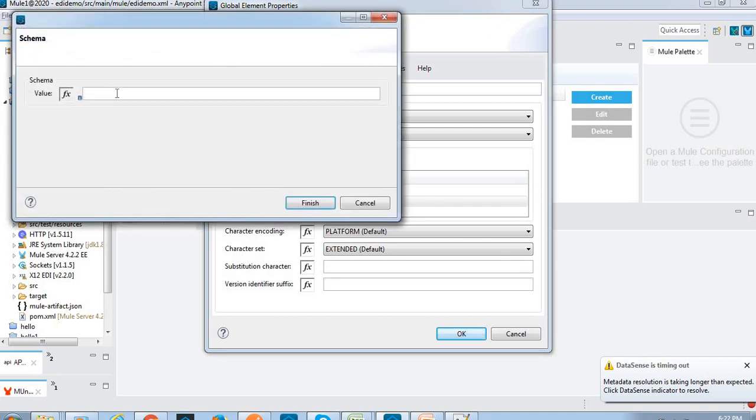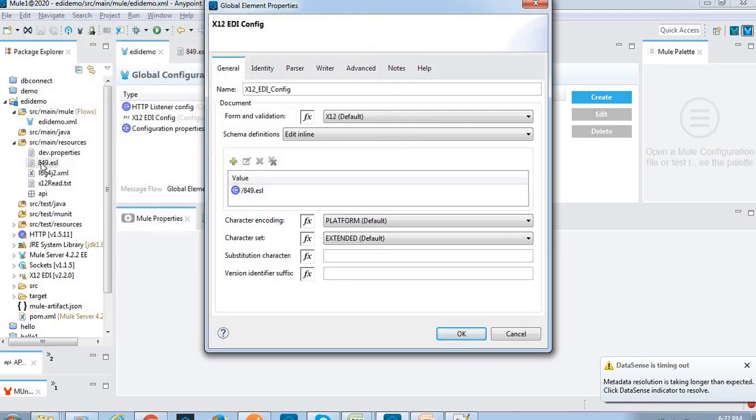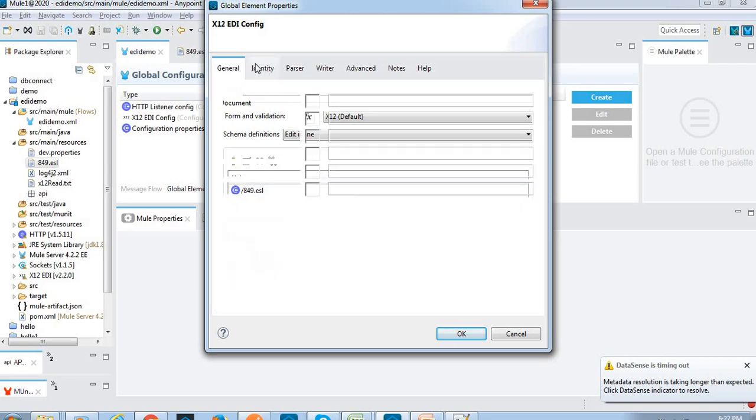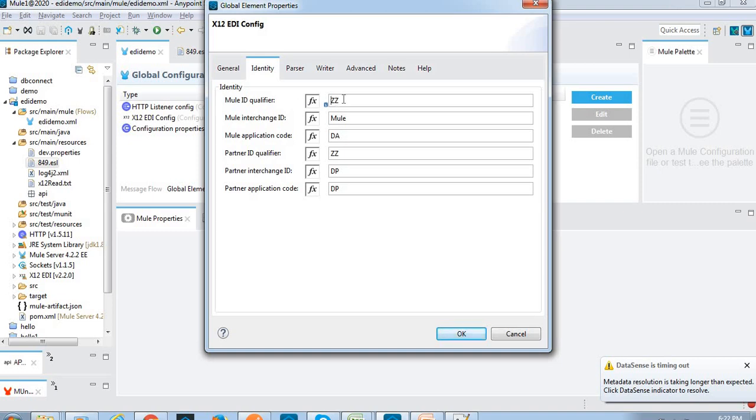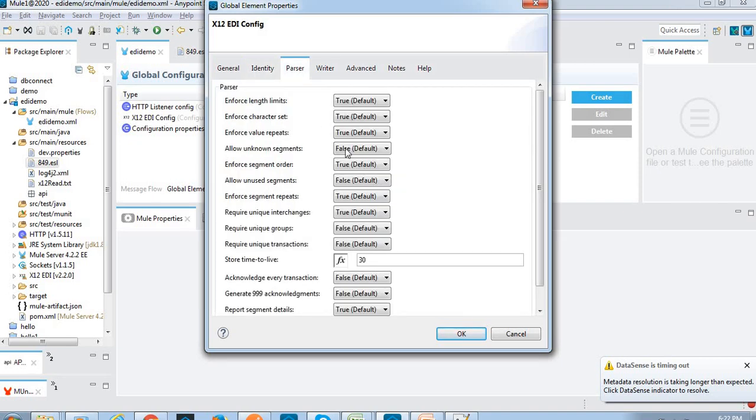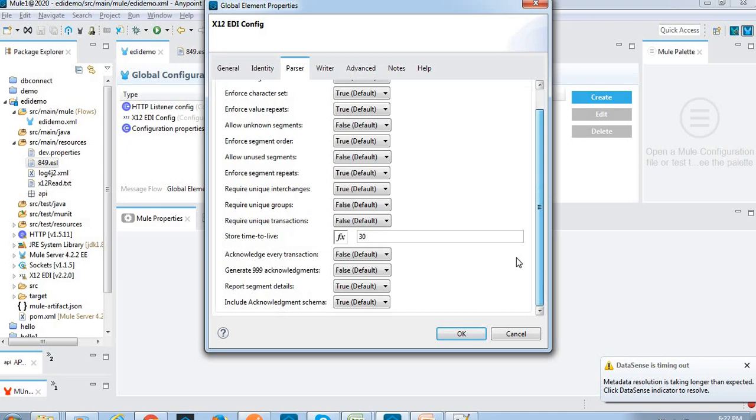We can add the file from the resources folder, and I have added this file from the resources folder. We don't need to change anything here. We have the mule ID, interchange ID, application code, partner ID and qualifier, and I have mentioned them here; we don't need to change anything.